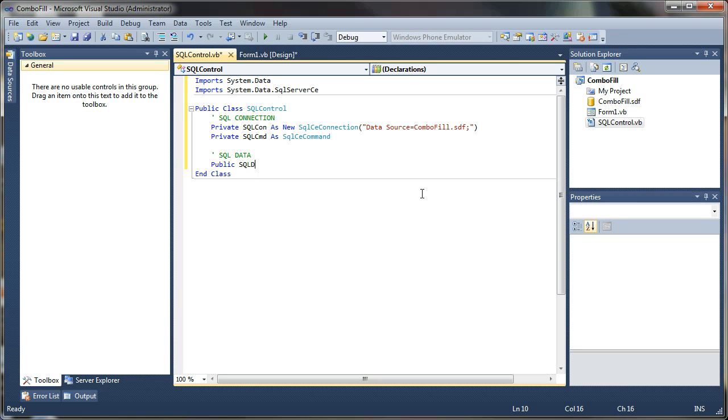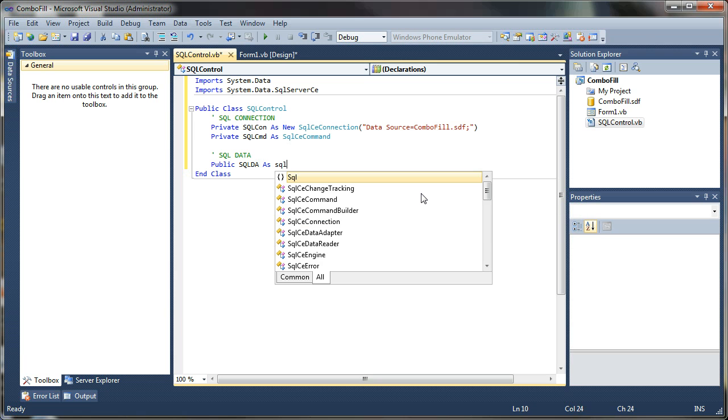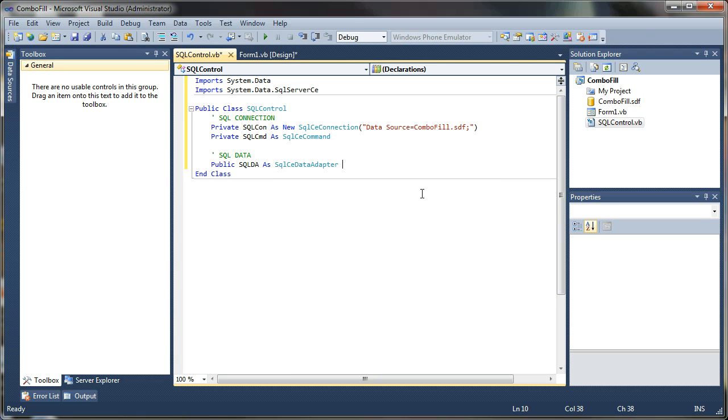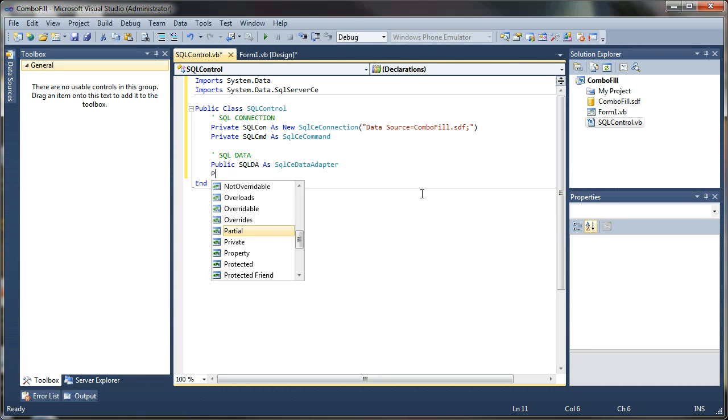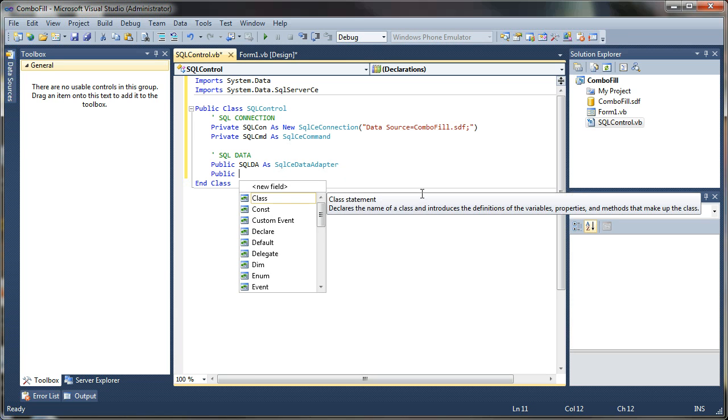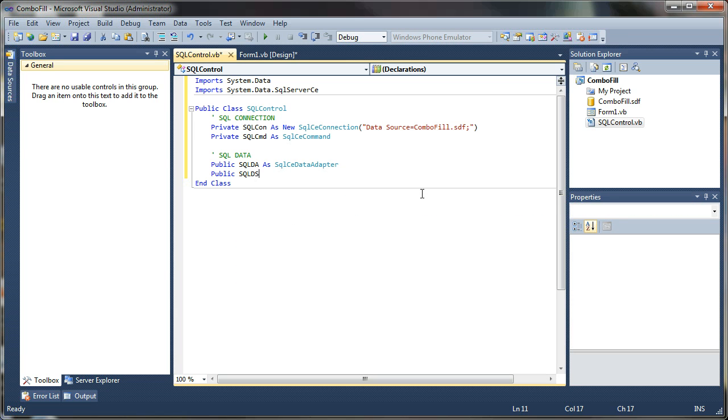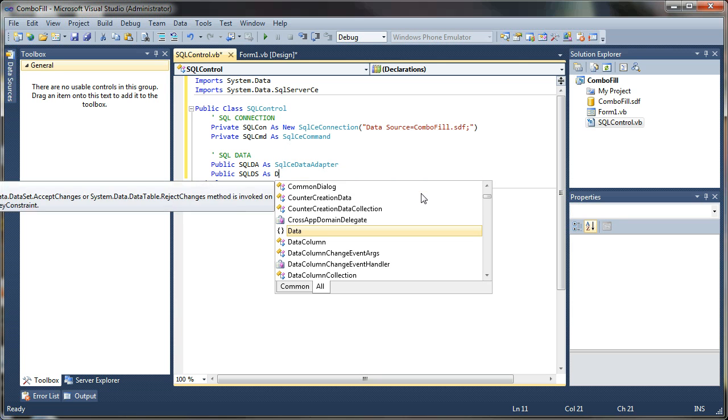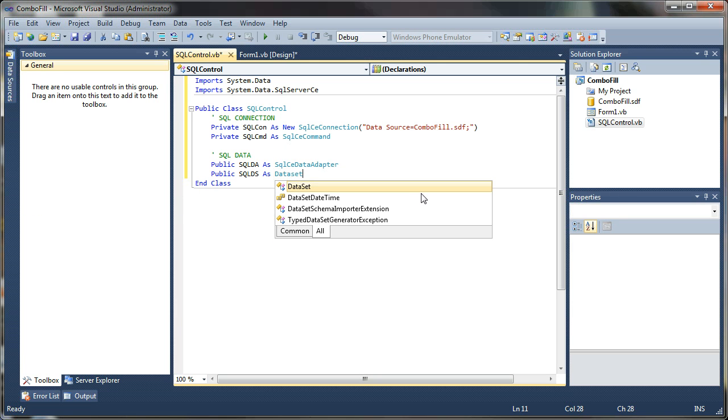I'm going to say SQL DA as SQL Ce data adapter, and another public variable SQL DS, and this is probably the most important one. This is where our data is going to be called from in our main application. So as a data set,